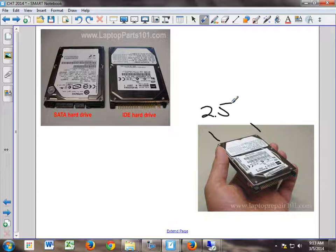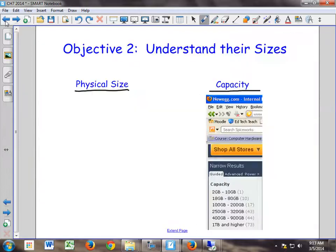How big is a laptop drive? How big is a desktop drive? 3.5. How big is a server drive? It's 3.5. It's the same as a desktop. Okay, just so you know. Server drives and desktops, same thing, because it's not a laptop. Although you could make a laptop into a server. Anyway. Okay, so the other thing I said as far as sizes, not just physical size, that we also have